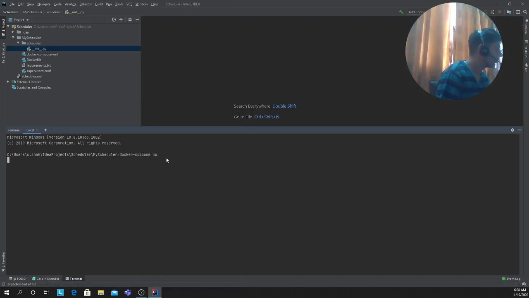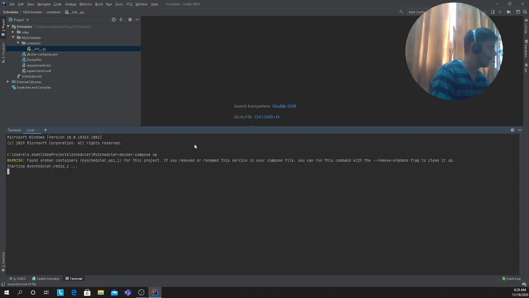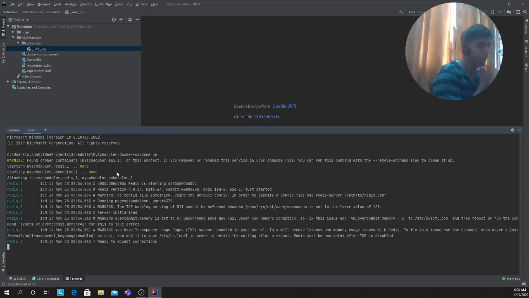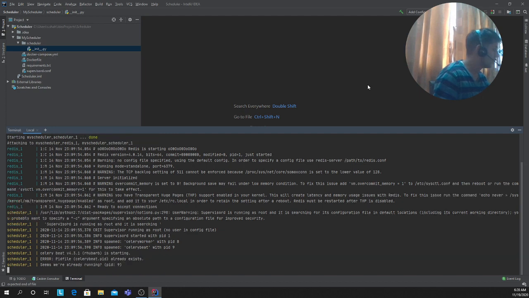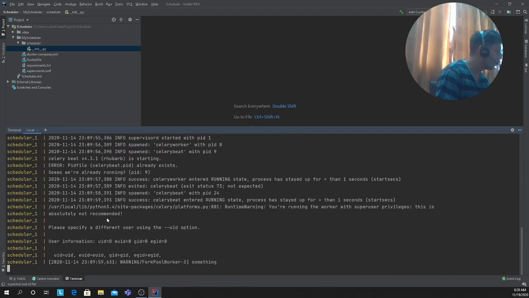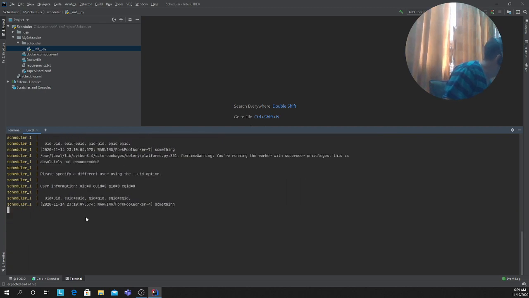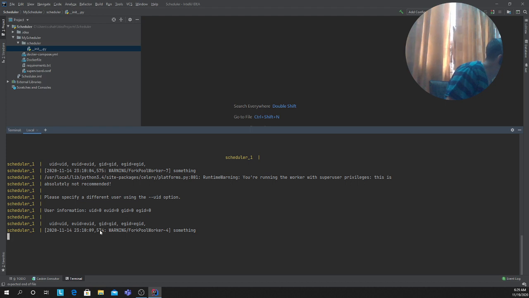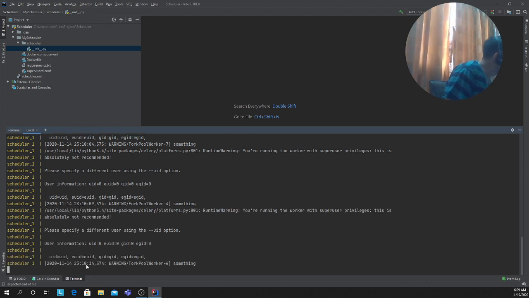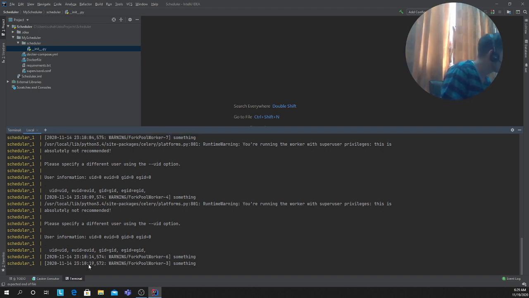Docker Compose up. So I'm gonna say Docker Compose up. Of course I love Docker. It starts up all the infrastructure within seconds. So let me show you what I mean by that, how we can use the scheduler. So if you see, after every 5 seconds, I have a scheduler here. Let me actually zoom out. 23, and after that you can see after like 5 seconds it's printing out the data, so you can see 14 and then 19, the difference is 5 seconds.